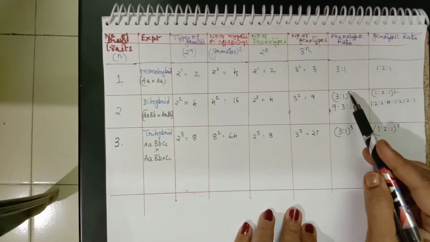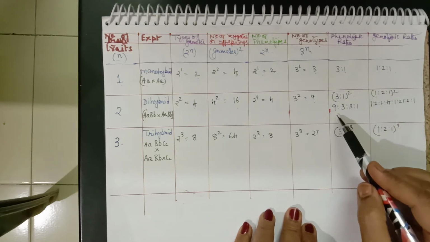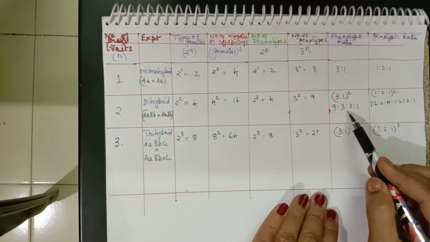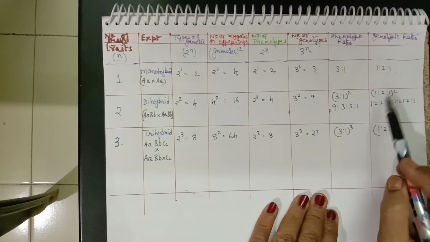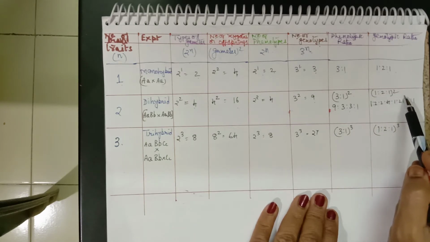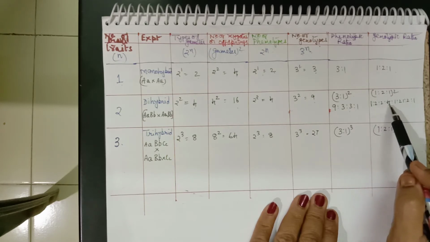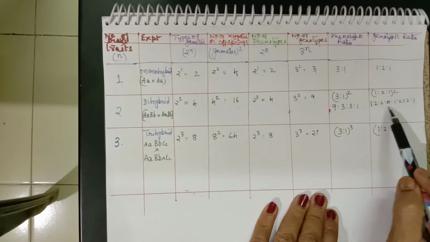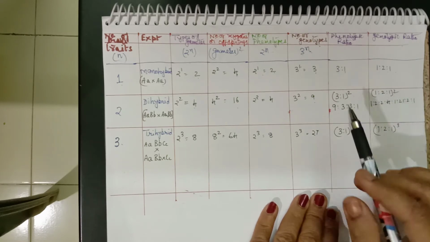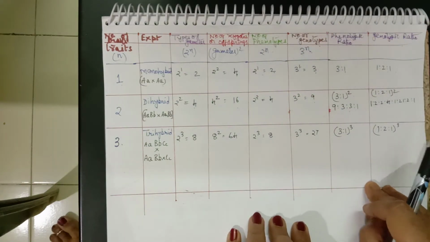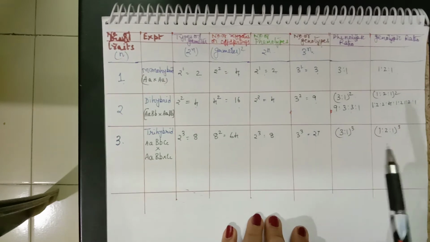So here 3:1 to the power of 2. So we get 9:3:3:1. This ratio, all of you know it, 9:3:3:1. The genotypic ratio we get as 1:2:1 whole square. So when we do this, you know it, 1:2:2:4:1:2:2:1. This is the genotypic ratio. This is how, by using these simple formulae, we can find out these various aspects.